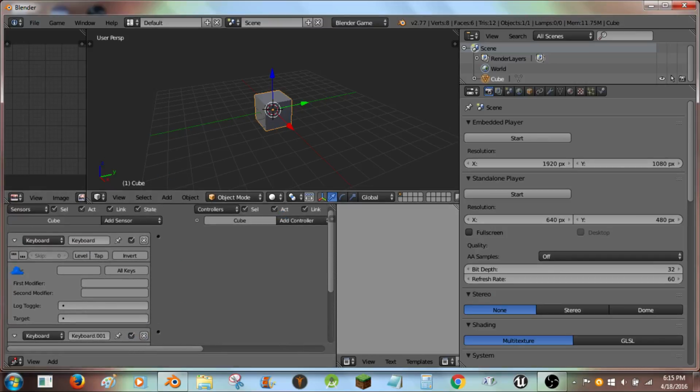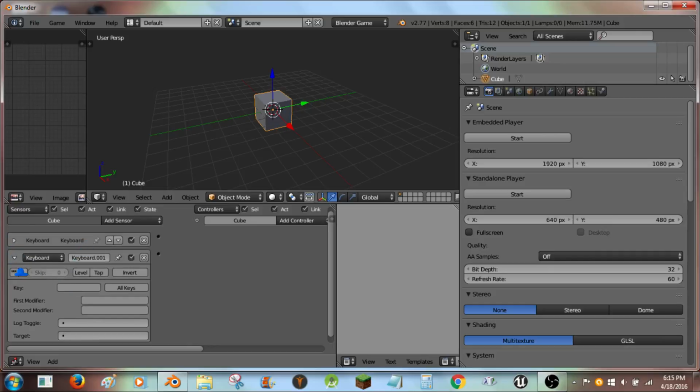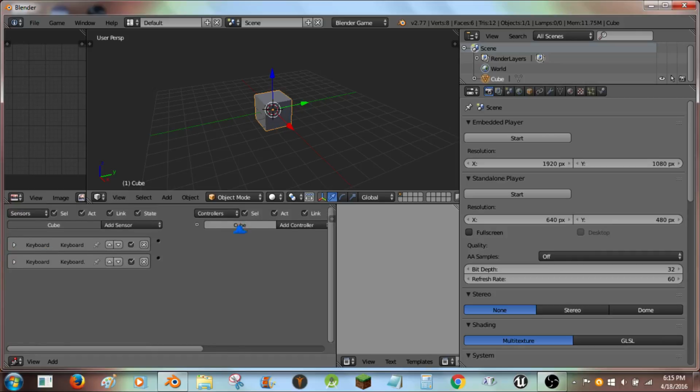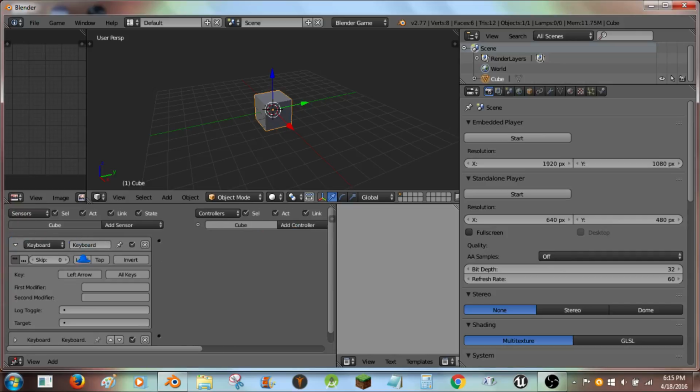And so in keyboard 1, I'm just going to tap positive, and I'm going to tap left arrow. And this is going to be positive also, and I'm going to tap the right arrow. So there. I may as well name them, so left and